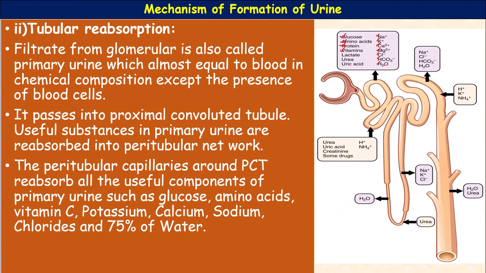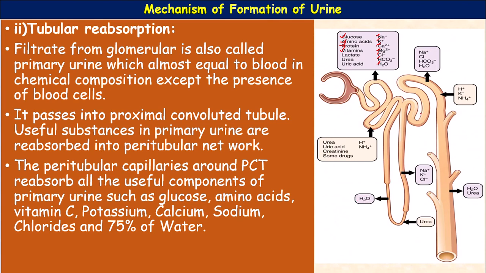About 70% of the sodium and 75% of potassium and large amounts of calcium are also reabsorbed by active reabsorption in the proximal convoluted tubule. And then the distal convoluted tubule. The absorption of water continues in the loop of Henle.